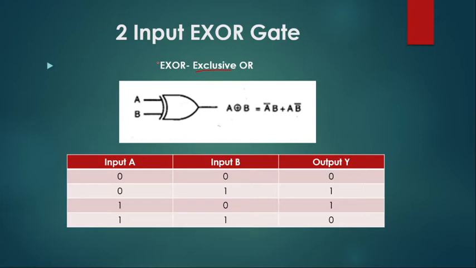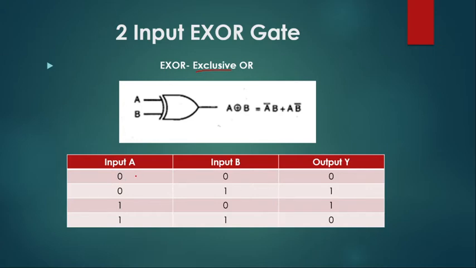So see, what is a NAND gate? NAND is active low. It means if any one of the inputs is 0, it does not care about the other input, it gives you output as 1. For a NOR gate, if any one of the inputs is 1, it does not care about the other inputs, it simply gives you output as 0. So basically, it does not care about the number of other inputs. But what is with the XOR gate? It changes the output according to the number of inputs.